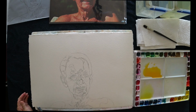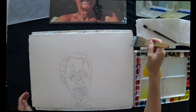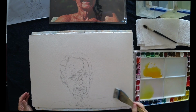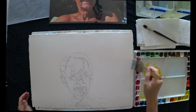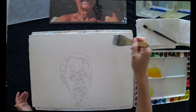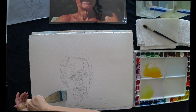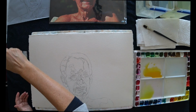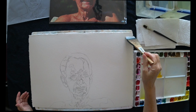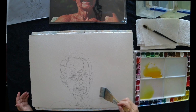My paper is still quite wet, so what I'm going to do now is wet it again, but this time I'm not going to wet into the portrait. My watercolour paint is going to travel into my portrait, and I'm not going to worry about that too much. Yellow is a tone that can go under the whole portrait, and I will be specifically working yellow as an underlayer, but for now I'm just trying to get a nice even layer of water to start dropping some background